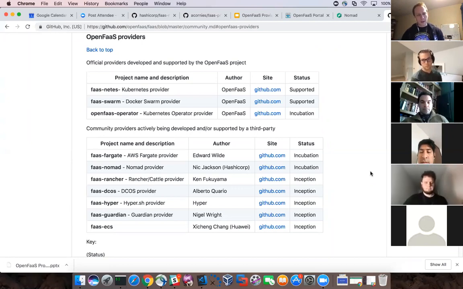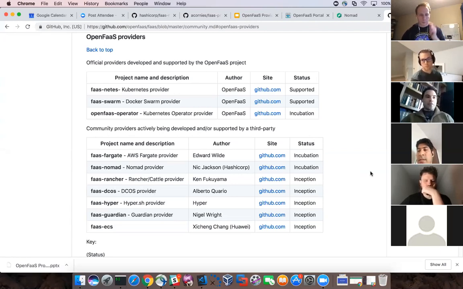I believe in Nomad, the way Nick originally did this is he made use of Consul and some of the circuit breaking technology. So for them, they go first to the provider and then on when they're proxying. And the only time the OpenFaaS calls go to the provider is if it's one of the API calls, so something that the provider actually needs to do. Make sense? Yeah, that's what I thought it was, but I wanted to double check. That makes perfect sense. Thanks.